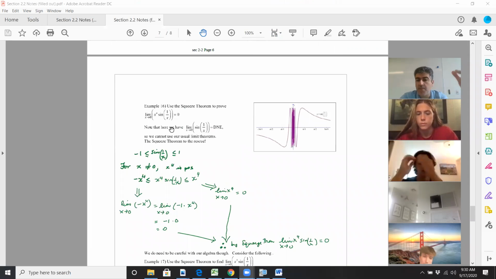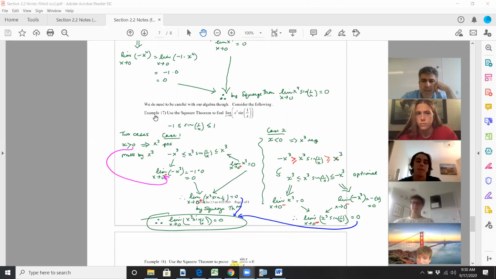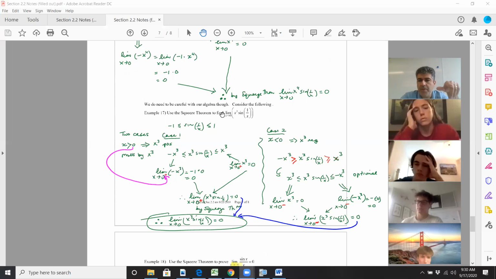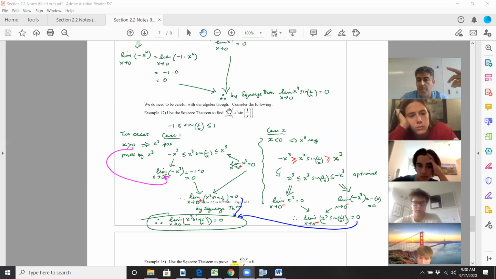Example 16 was just like what I just did. Instead of x, we did x^4. Fine, not a big deal. Here, they simply replace x^4 with x cubed, as x approaches 0. The problem is that when you're approaching 0 from the left side and from the right side, x cubed could be positive or negative. So if I were to go back to Desmos and make an update,